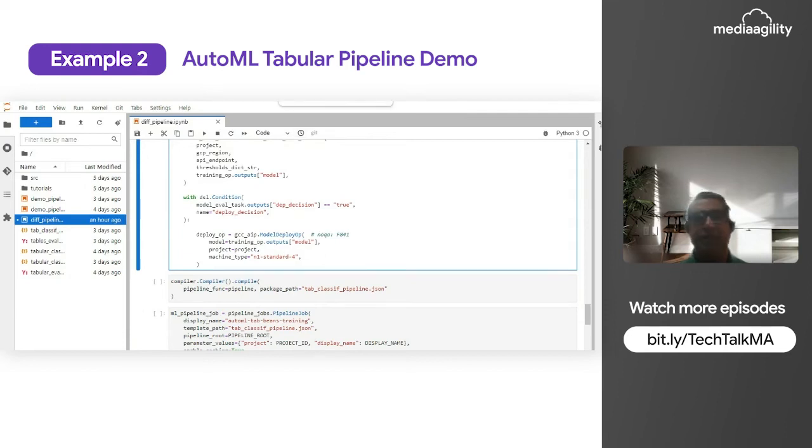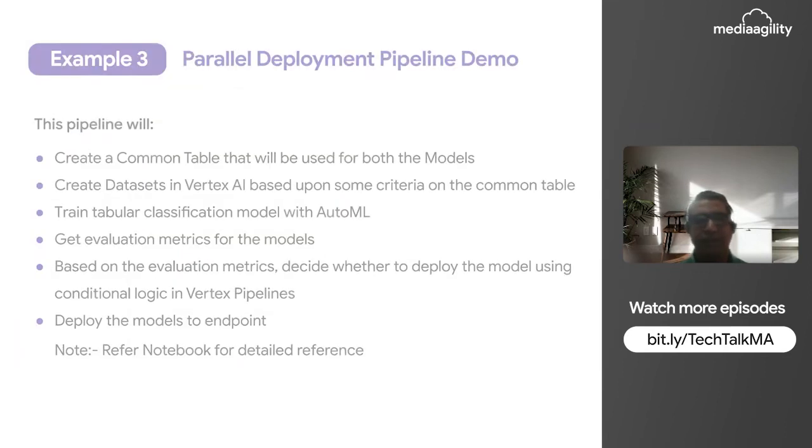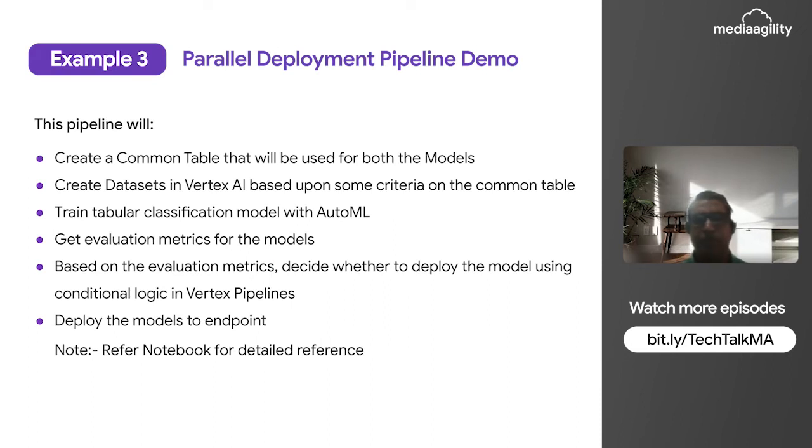This is the second example. And now let's look at the third example. In the third example, we created some common stuff, because there are two models: one is the binary classification model and the other is the multi-class classification model. There is some stuff that is common while preparing the training dataset for both models. So we can have some common components so that we can save some resources and cost. The common component will be shared by both pipelines.